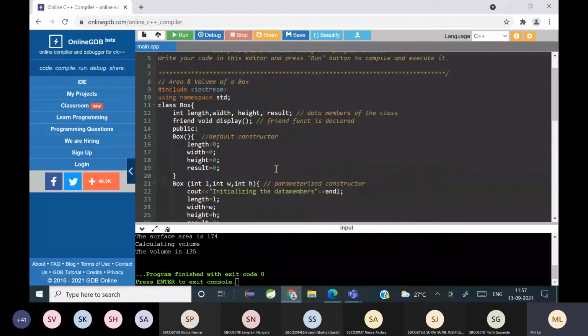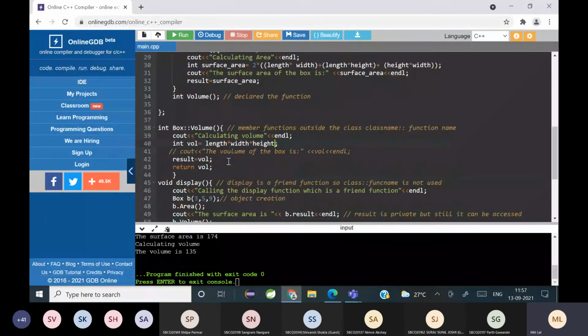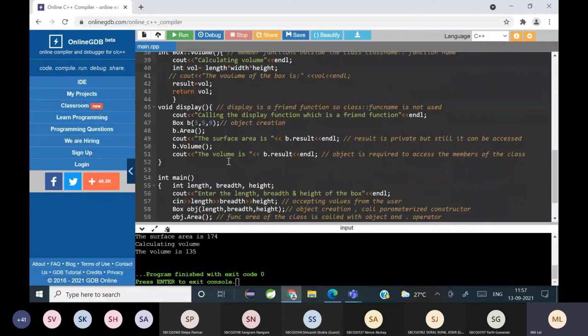A friend function is not a member function, but it can access all the members of the class. All members means it can also access the private members of the class. When you write a friend function outside the class, you don't need to use a scope resolution operator.